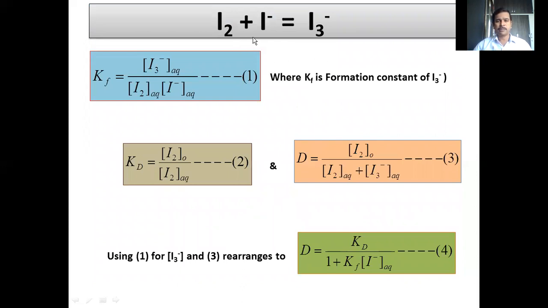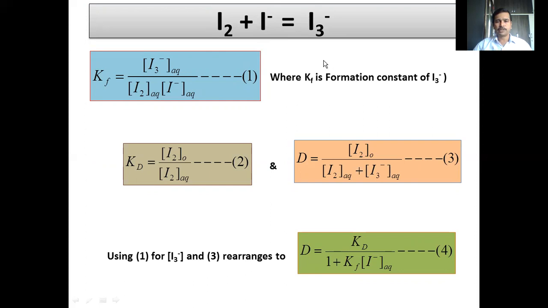Let us understand. So when you add potassium iodide to iodine, you will get triiodide ion pair, triiodide complex. This is easily soluble in water rather than iodine. And the concentration of this will be exactly equal to concentration of this. This is a complexation reaction. We will call this I3 minus a triiodide ion pair complex. So this is a complexation reaction.